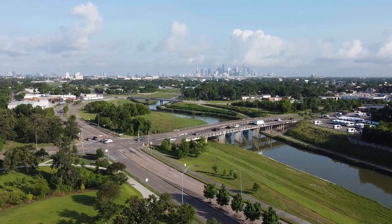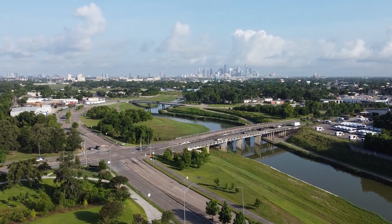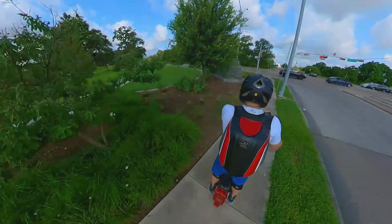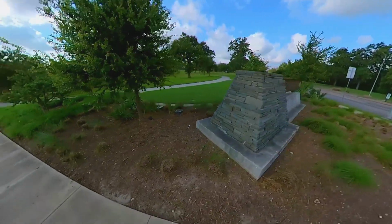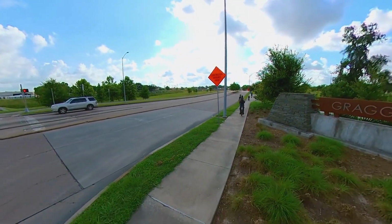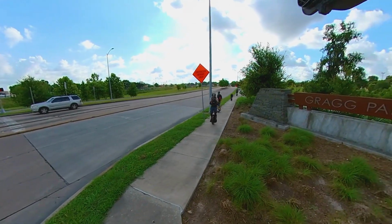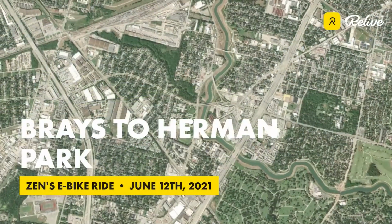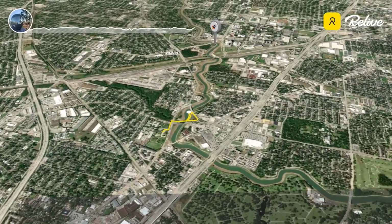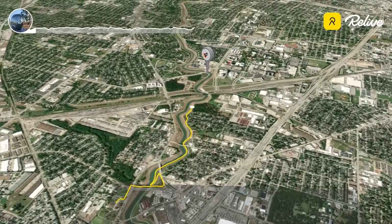We're going to go across the bridge there and get right onto the bayou, with downtown Houston in the distance. But we'll go ahead and cross over, starting out in the little traffic here at Gragg Park, and then we'll be heading out onto the bayou. Just a little map view to show you how we went across and doubled back to get onto the bayou